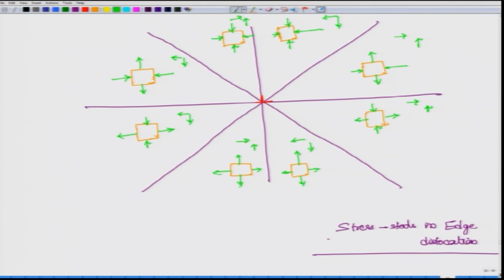and it is easy to draw once you know how they will look. Once you have this you can see that you have various combinations. Somewhere you have x as positive and y as negative, somewhere you have both of them positive, somewhere you have both of them negative. So, all different combinations actually take place around an edge dislocation. So, with this we come to the end of the different stress and strain fields of an edge dislocation. We have also seen the screw dislocation, although we did not derive the relation, but we looked at the final solution of the stress and strain field for the screw dislocation.